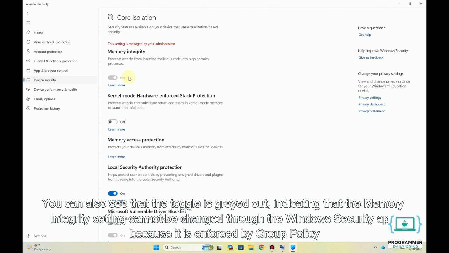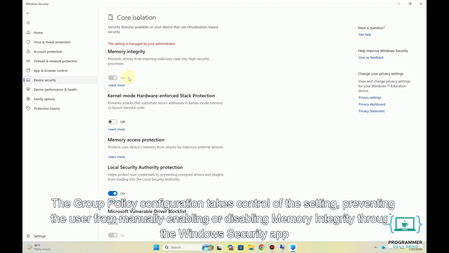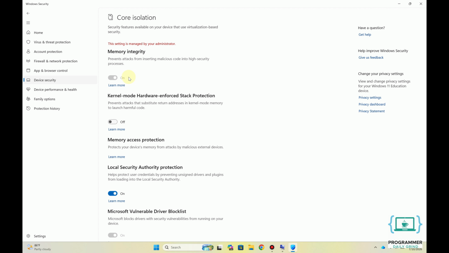You can also see that the toggle is grayed out, indicating that the memory integrity setting cannot be changed through the Windows Security app because it is enforced by group policy. The group policy configuration takes control of the setting, preventing the user from manually enabling or disabling memory integrity through the Windows Security app. And that's how to turn on memory integrity without a UEFI lock in Windows 11 using